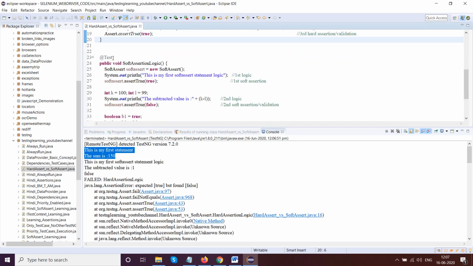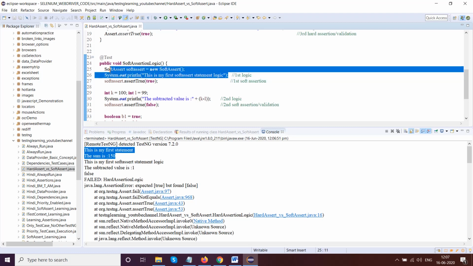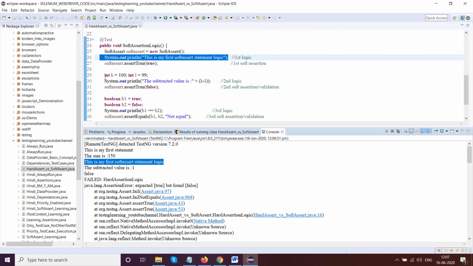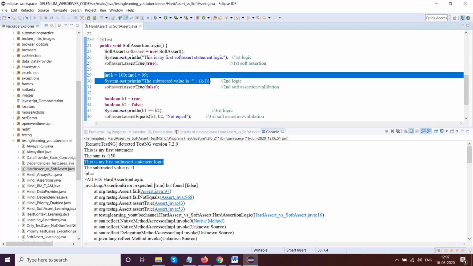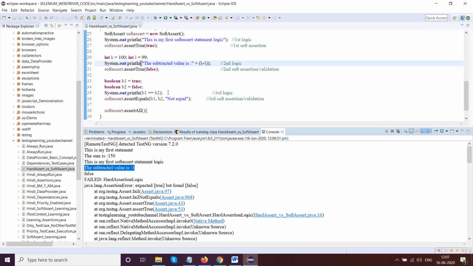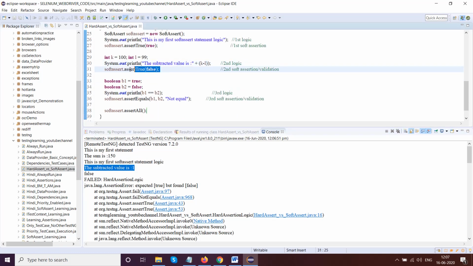Then the control came to the next test case, that is the soft assertion logic. Now here the object of the SoftAssert class has been created, so it will come to this particular statement. Works fine. This is my first soft assert statement logic. It got printed. Now even this statement is correct. It got printed. K minus L value is 1. Now the next thing is, here it became false.